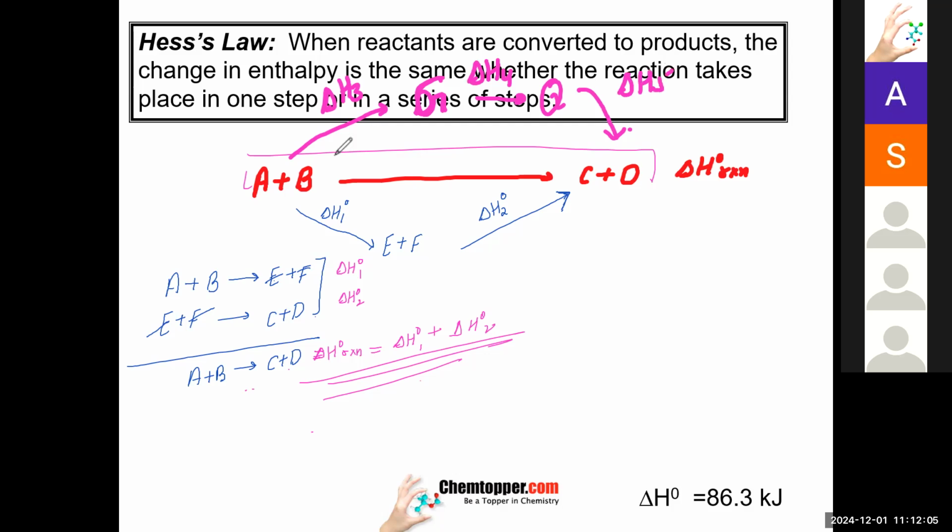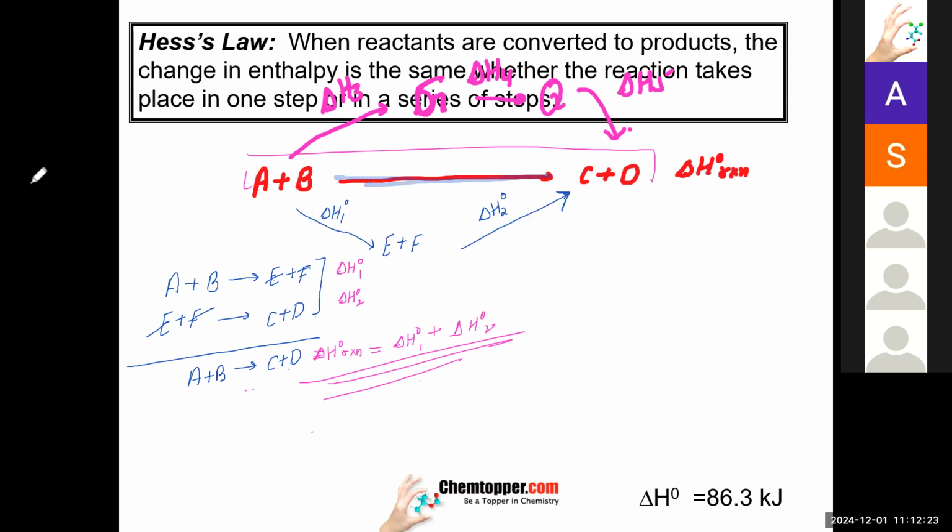So whether you carried out your reaction by this step, or by this step, or by this step,